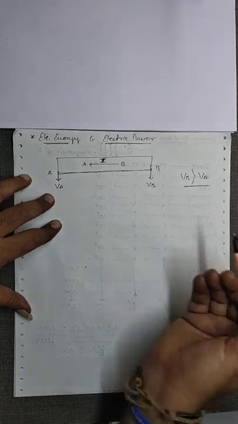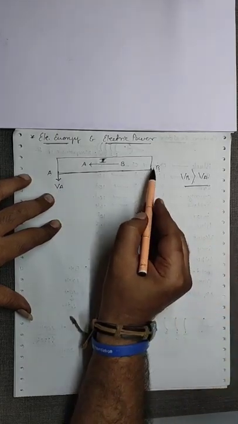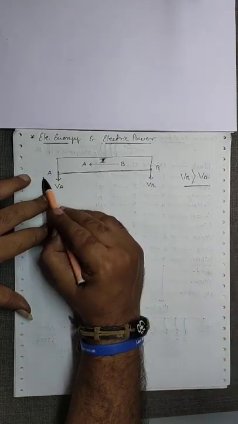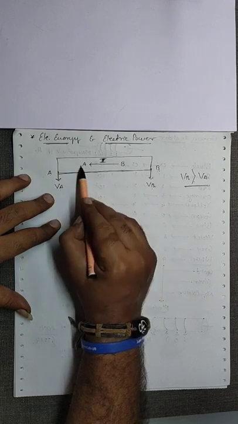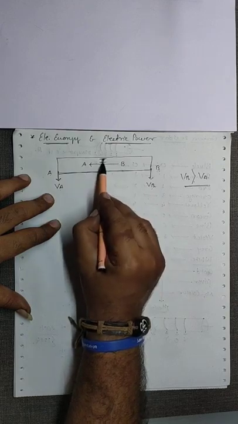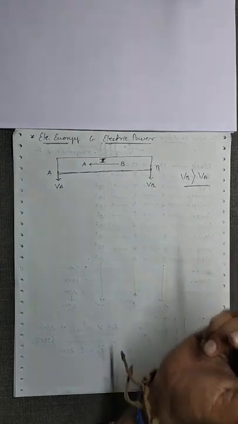So, electric current will flow from higher potential to lower potential. So, this is the direction of flow of electric current. And flow of electric current is nothing but flow of electric charges. Clear? If electric charges are flowing, then